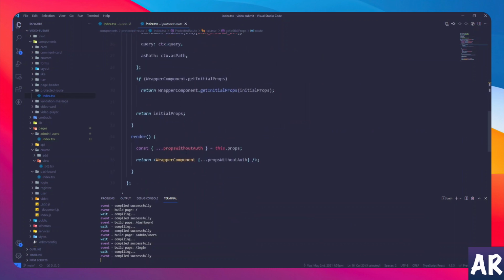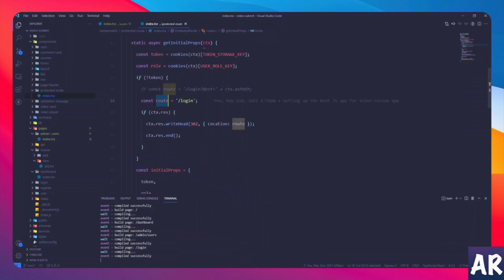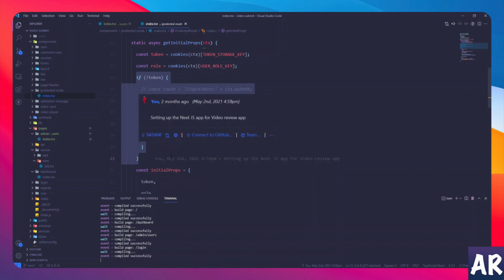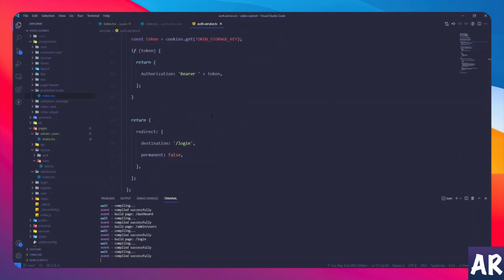Inside our HOC, what basically we are doing is, if the token is not present, we redirect. Okay, but then if the token is present and if the user role is not admin, right, then we should do something about it. So what we can actually plan to do is, let's just say auth service. Inside auth service,